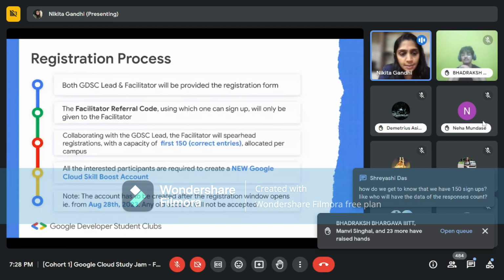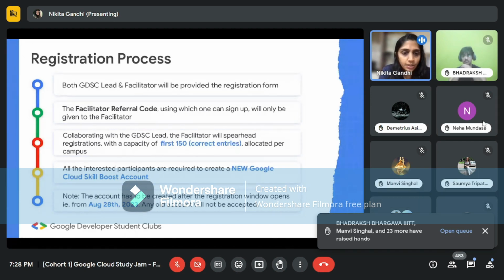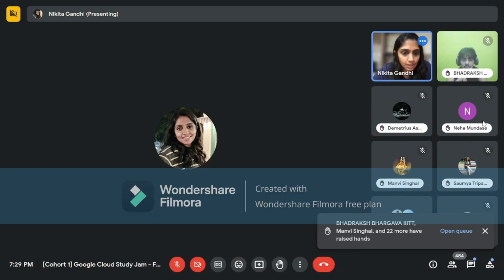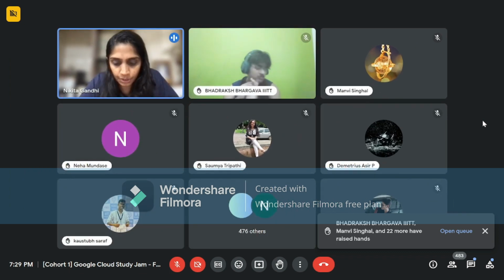Now, all these interested participants are required to have a new Google Cloud Skill Boost account. And the registration opens on 28th of August, not 29th. Just give me a moment. I'm going to change this right away so that we don't have any misunderstanding here.